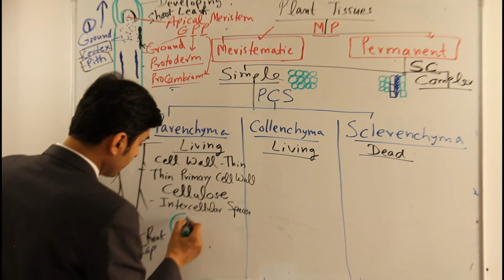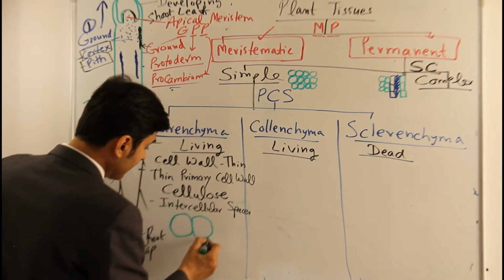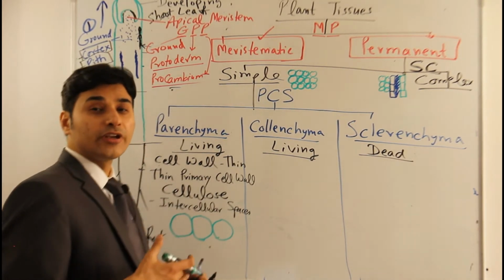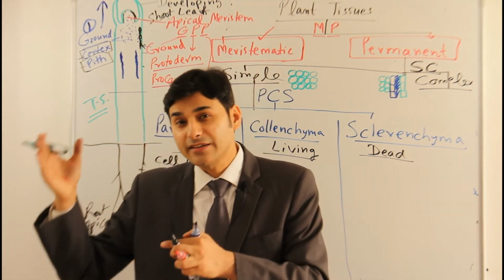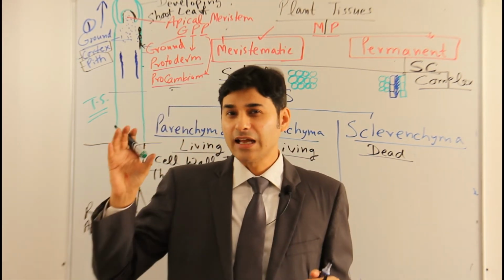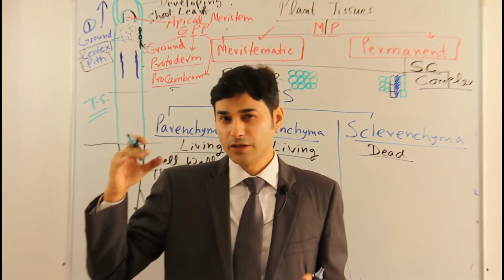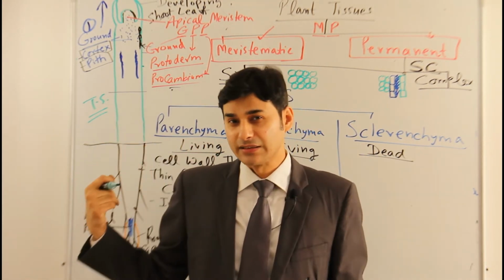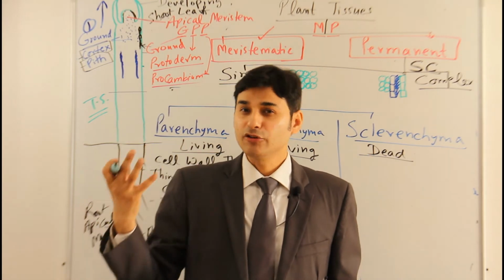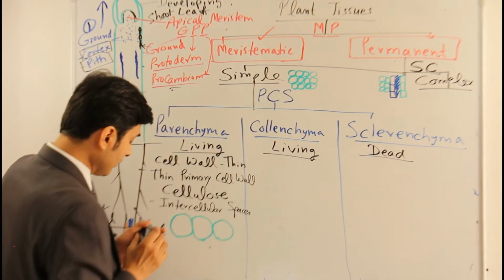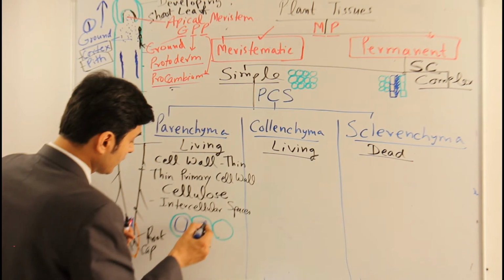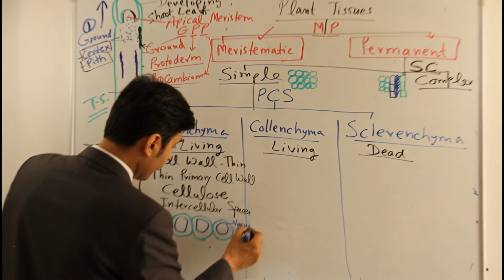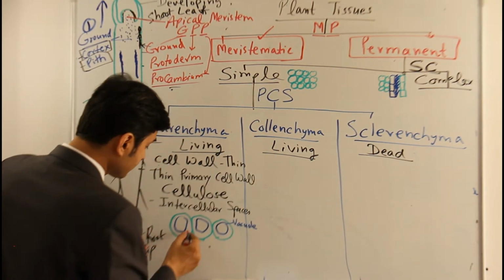Now let me make one parenchyma cell. You know that they are permanent cells. We have discussed in the earlier videos the difference between the meristematic cell and the permanent cell. Meristematic cells have a large nucleus in the center and don't have a central vacuole, but permanent cells, which are living cells, have a central vacuole. So let me make a central vacuole here, 80 to 90% is central vacuole. Nucleus is present here.